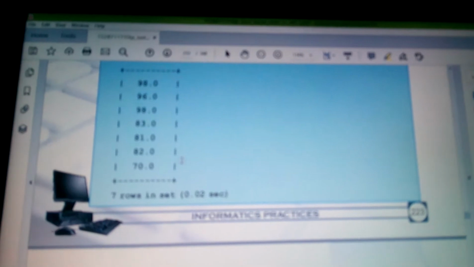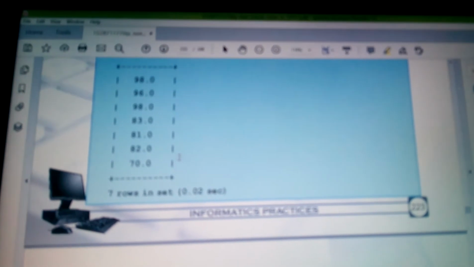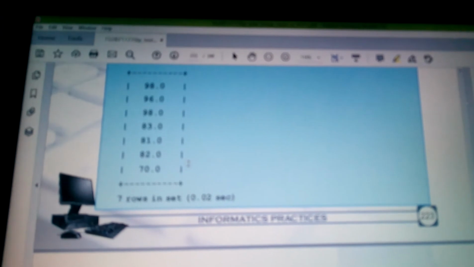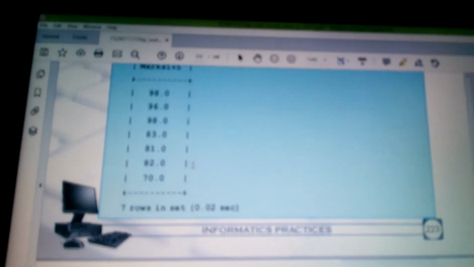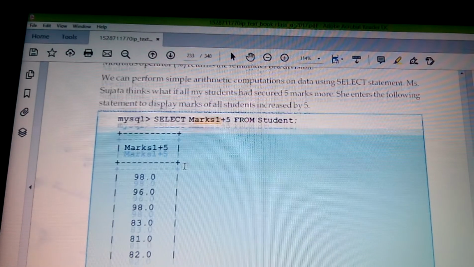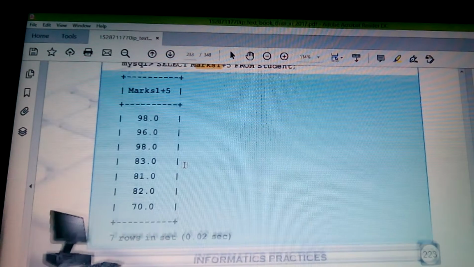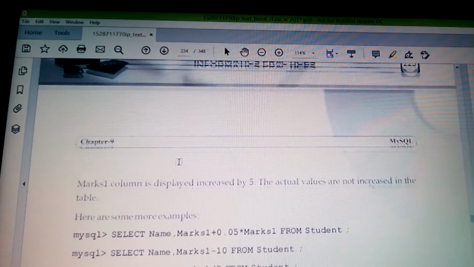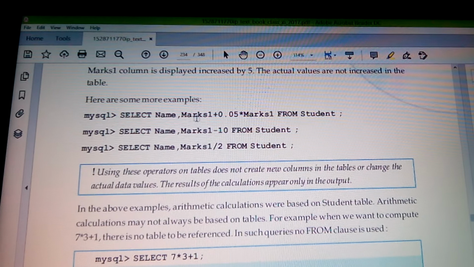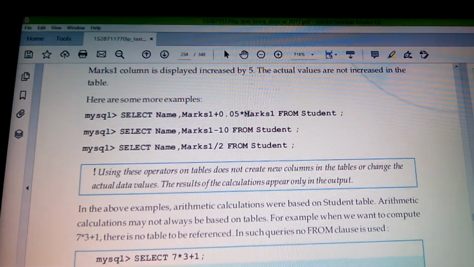Here you can find earlier it was 93 and so on. So from here you can find it is 98 and every mark is increased by 5. So directly you can make use of arithmetic operator in such format. Okay. Likewise, some more examples are given here. It is written select name, marks plus 0.05 of the marks.